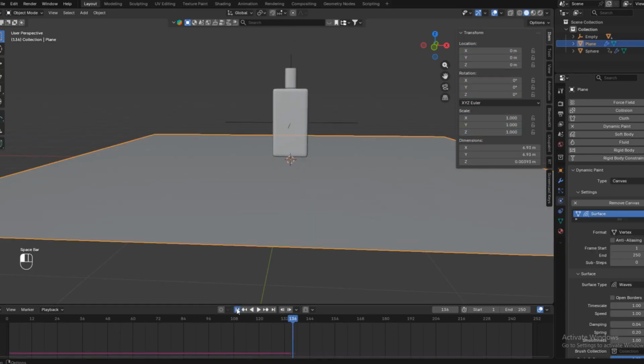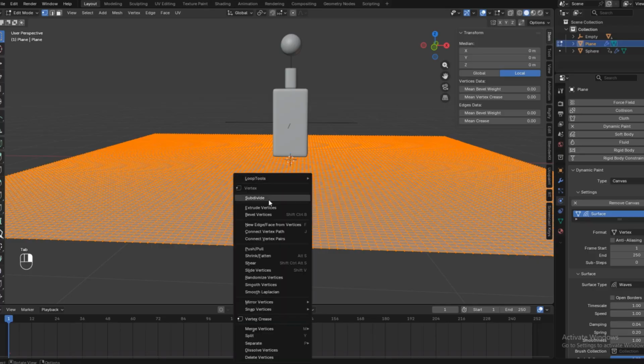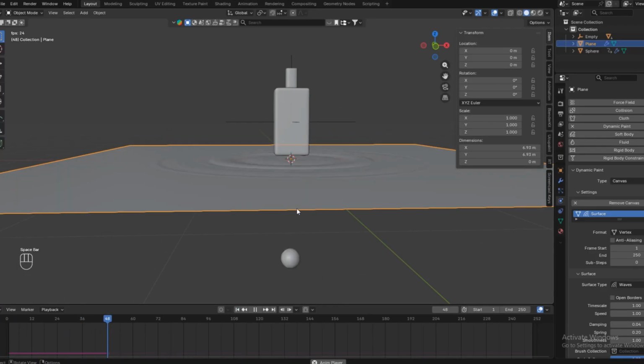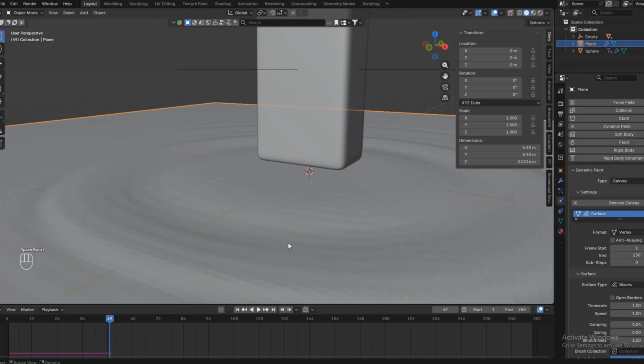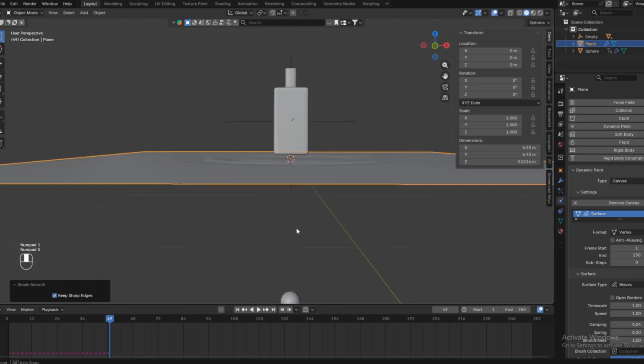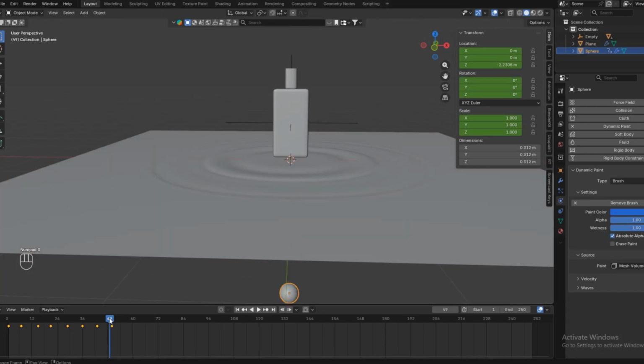Okay, maybe we need to subdivide it one more time to be a little bit more smooth. Okay, that's the shape we're going for, but first let's shade that smooth. And we need to make it a little faster, so scale it down so it will be a lot faster. And now